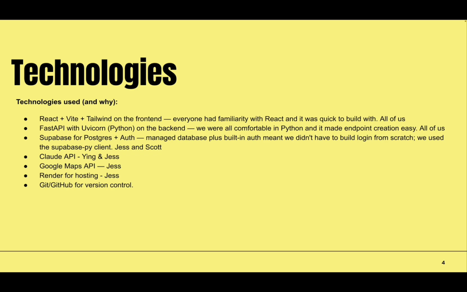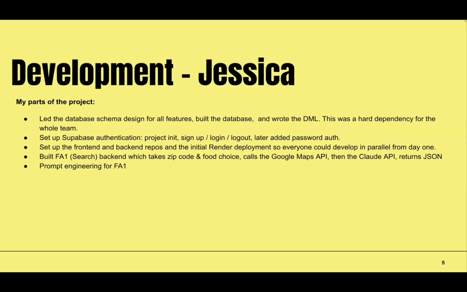We also used the Claude API, which we felt was slightly less evil than the OpenAI API. Google Maps API for the grocery store search. We use Render for hosting. So